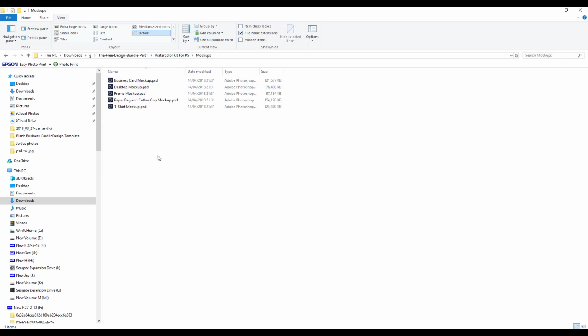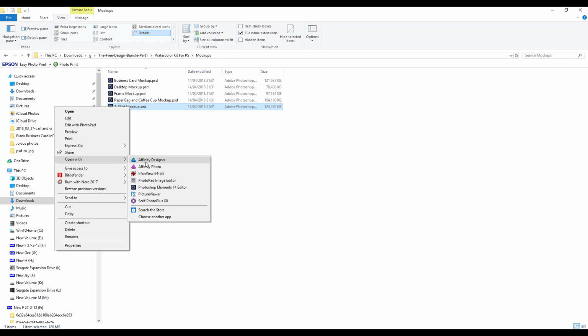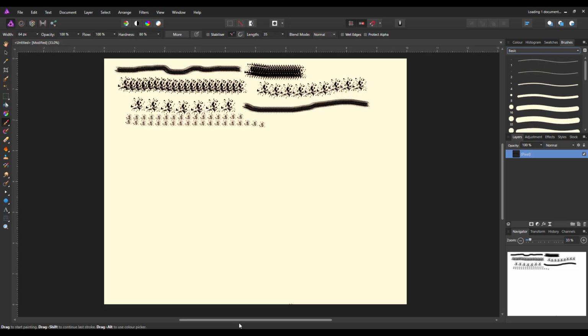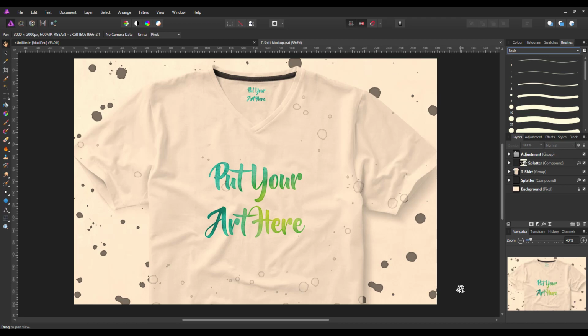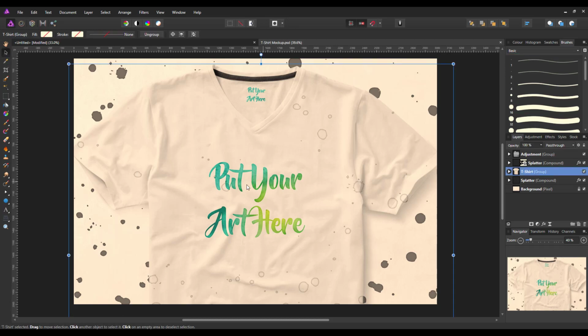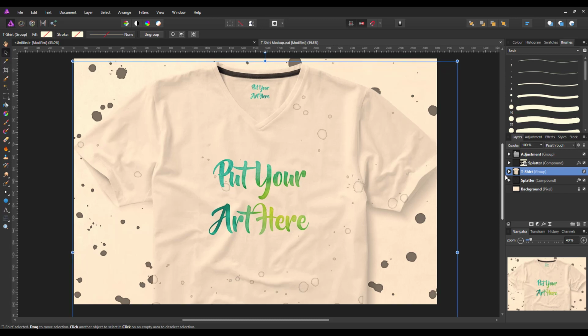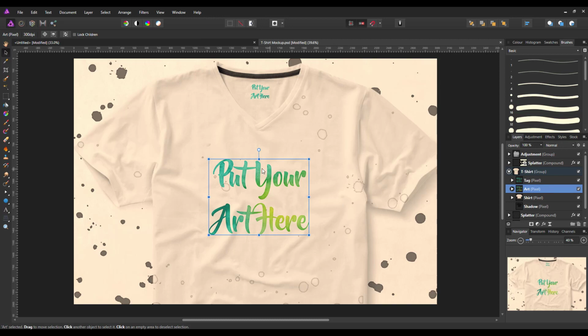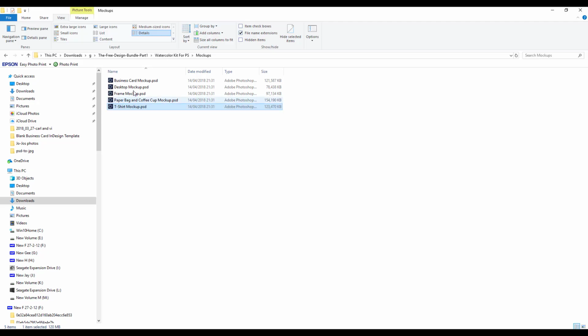We've got some mock-ups. So let's try this t-shirt one, and I'll open that in Photo. We'll give that a go. There we go. So you have a mock-up of a t-shirt. So again, let's come to the move tool. Alright, you're going to have to physically find where, there we go. So then you could put your own artwork into that mock-up there. So you have various other mock-ups such as paper bags and frames,